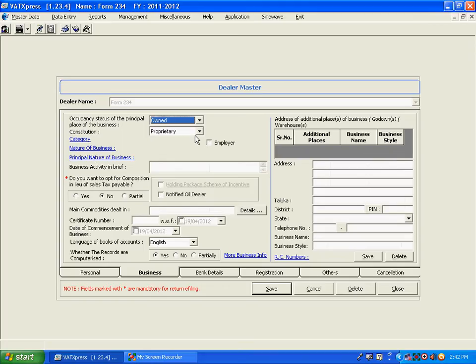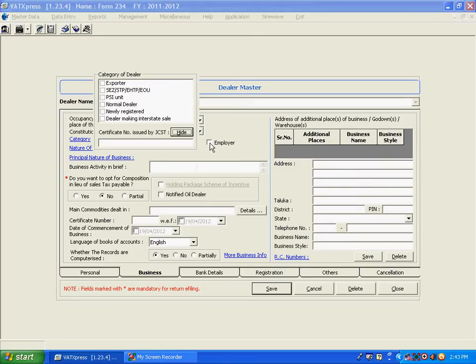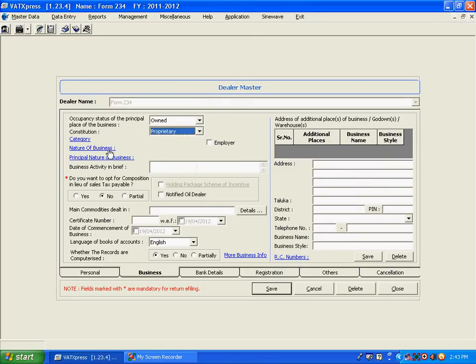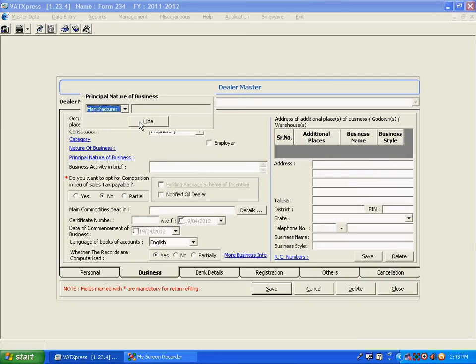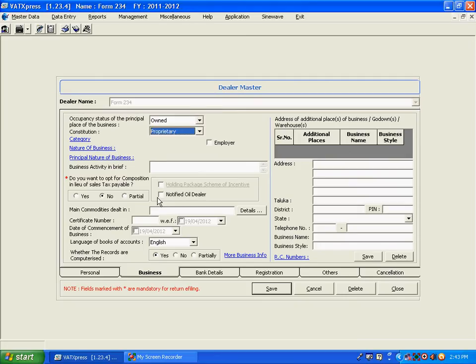Business. We will move towards the information related to business. Fill up the required information as shown on the screen. Fill up the fields which are hidden inside the blue wordings. Select the appropriate details from the list after filling up the details hidden in the windows. These details will be taken in the various statutory registrations. Click on Notified Oil Dealer.